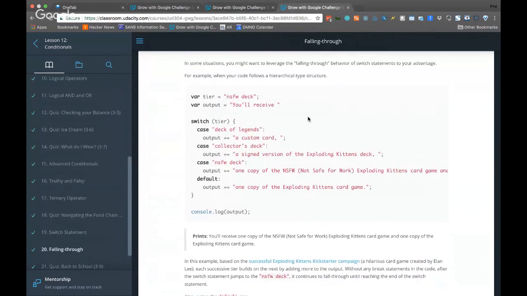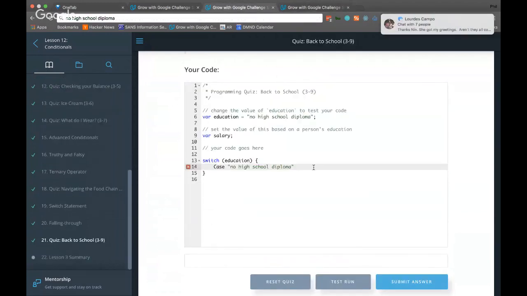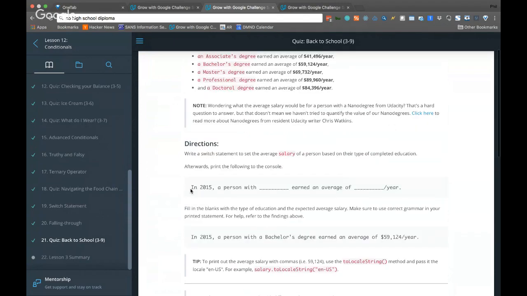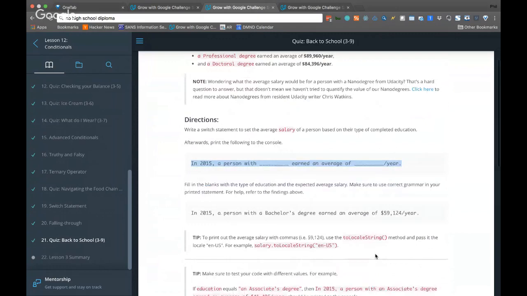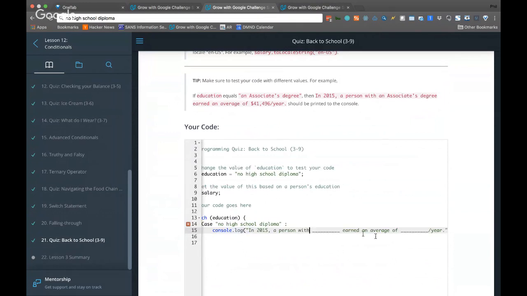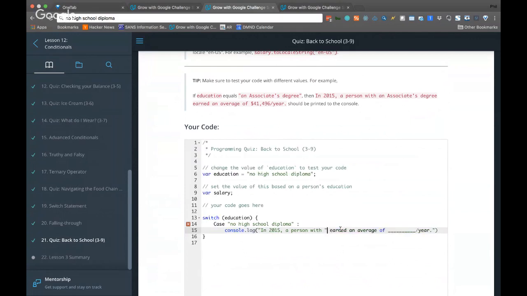So we'll go case. console.log in 2015. In 2015, so we're gonna go copy this. A person with education